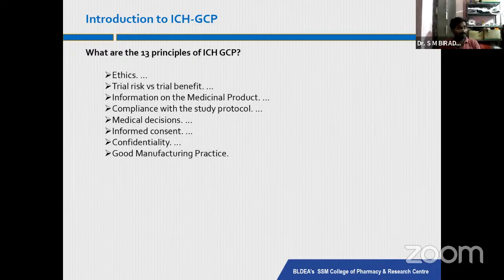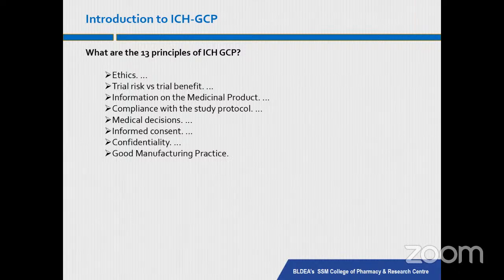First, there should be ethics while preparing your investigational drug or conducting the trial. Ethics must be followed, along with trial risk versus trial benefit. Sometimes, due to over-investment of money or over-expectation, we introduce some bias. We should not carry out such bias. If there is a risk, we should claim there is a risk. If there is a benefit, we should tell it straight away.